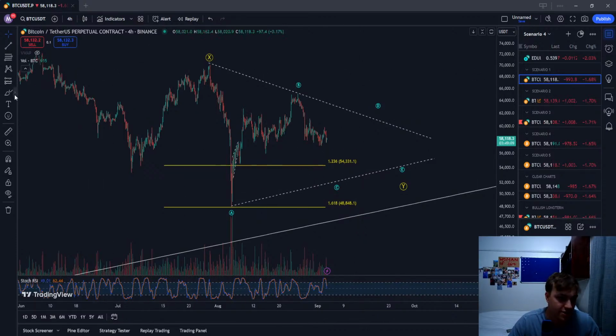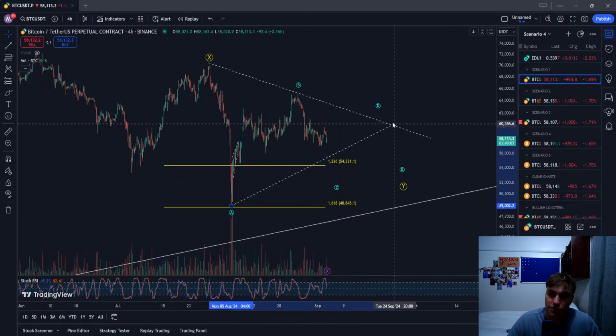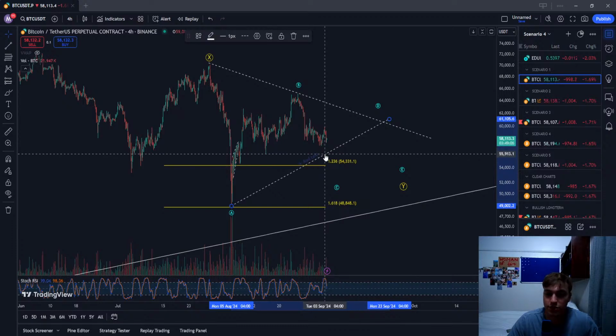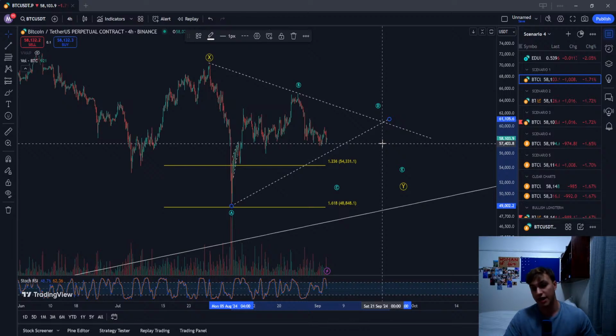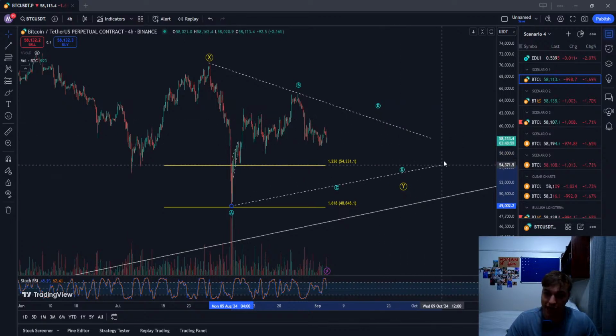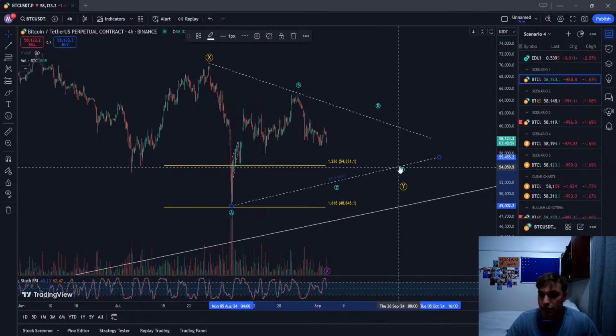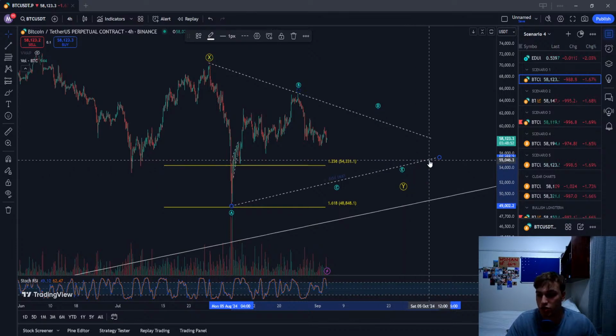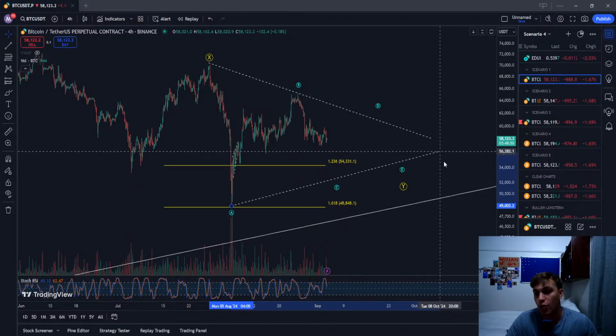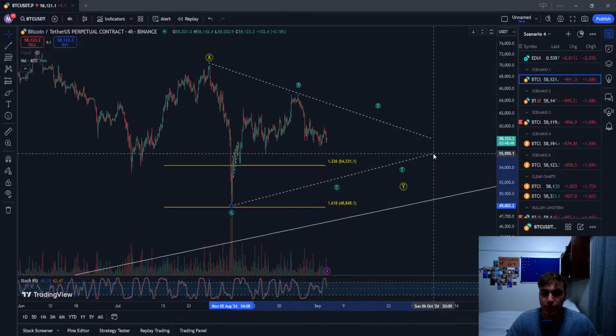But okay, so let's see. So this can also move. This can also be very steep. I mean, we could find support here, bounce off this trend line again, bounce here, and it could be a very short rally. I mean, in the next 2 weeks we could be rallying, or this could extend very, very far to 27th, 30th October, into the October. So it all depends on how or where Bitcoin finds support here.